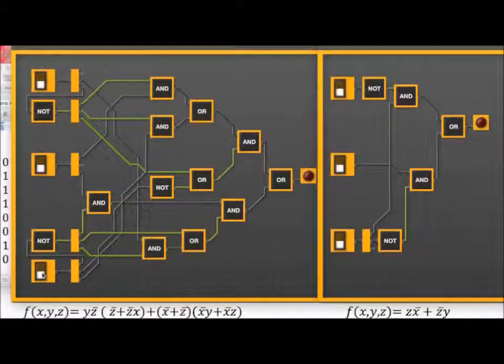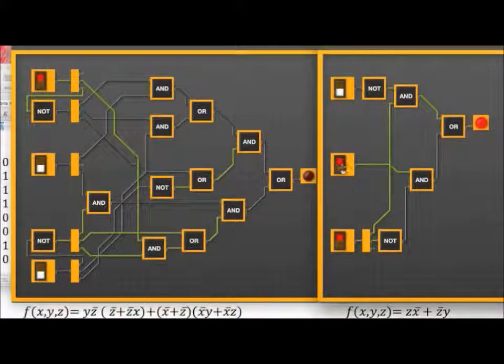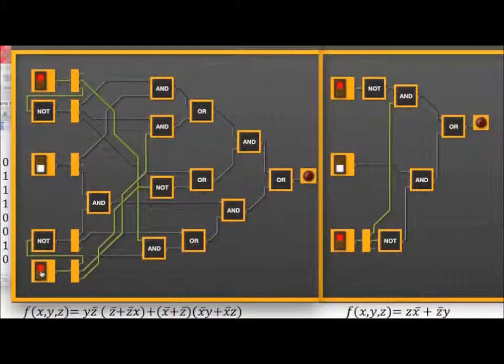If I turn on the Z, the light turns on on both sides. Only Y also turns on both sides. Y and Z stays on. The next combination is only X and it will turn off. The next combination is X and Z. It stays off. Turn on the X and Y,